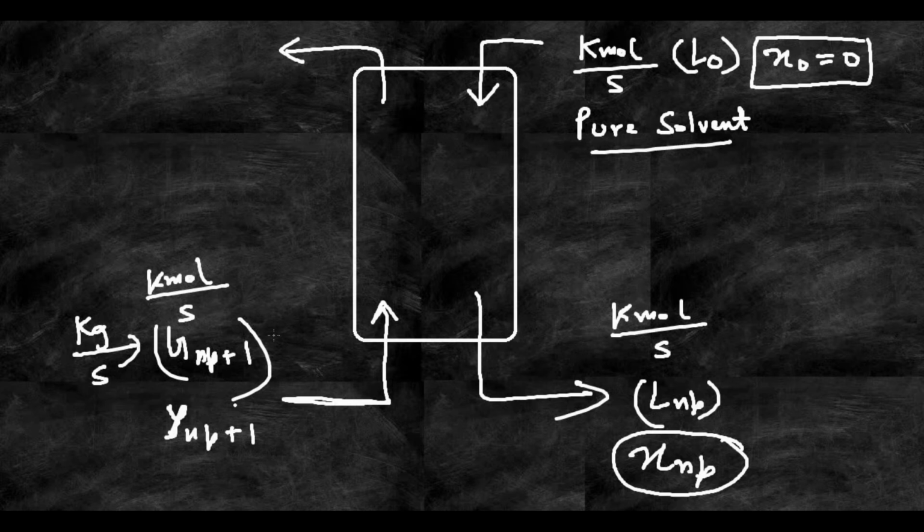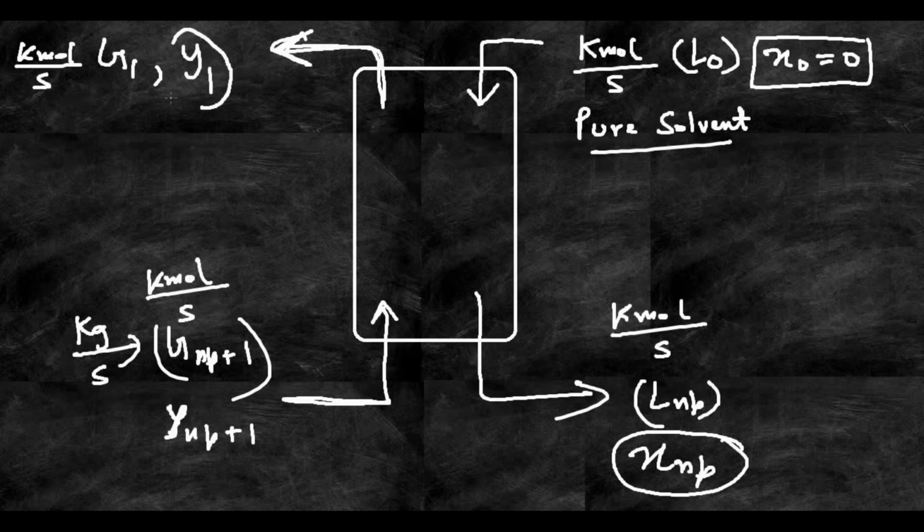Now we will discuss a little bit about the top stream of the gas which is flowing out. In this gas stream, the flow rate will be denoted by G1. G1 is the kilomoles per second or kgs per second of the gas which is flowing out, that is the air-ammonia mixture. And the mole fraction of ammonia which is present in this exit gas stream after the absorption has taken place, I will denote with small y1. One important thing we need to know is, all these things I have written are small letters, which means these are all mole fractions.